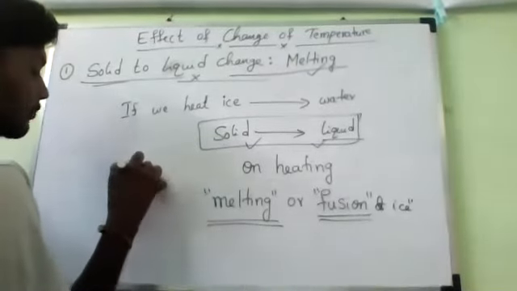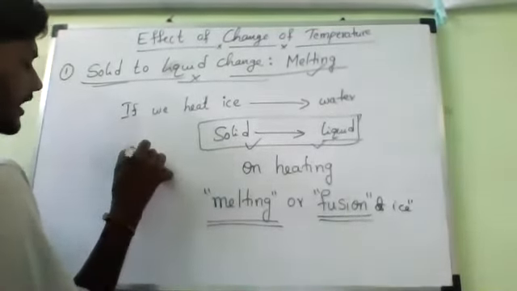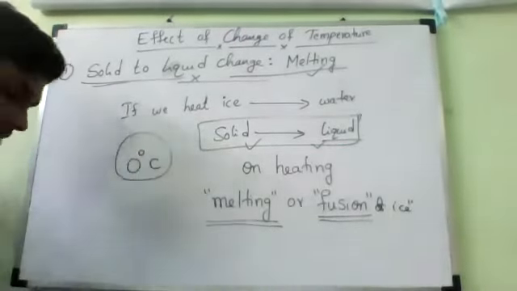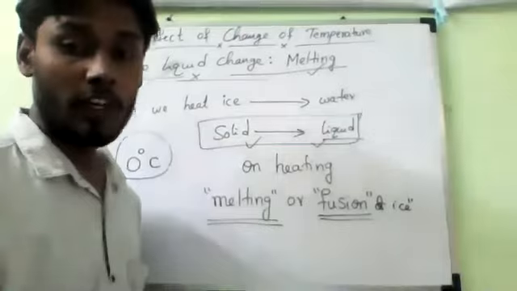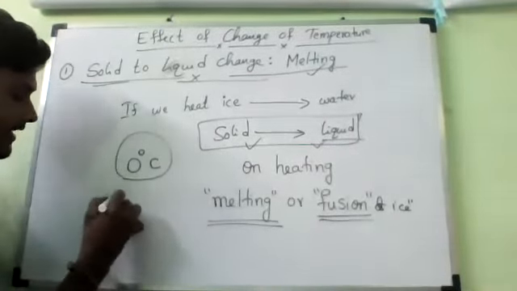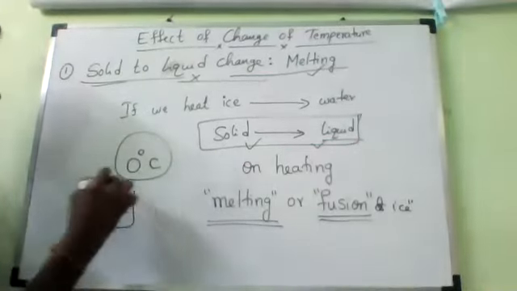At what temperature will the ice start converting into liquid water? Ice melts at 0 degrees Celsius. Suppose my ice is at -10 degrees Celsius. Let me imagine that this is the temperature of my ice. Now